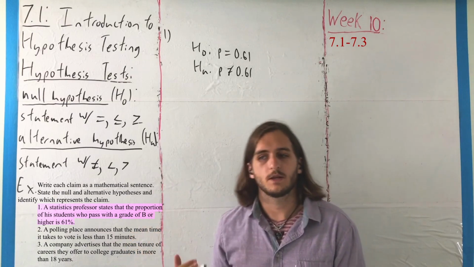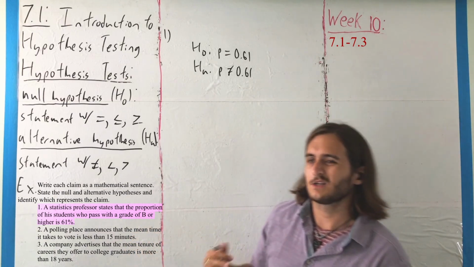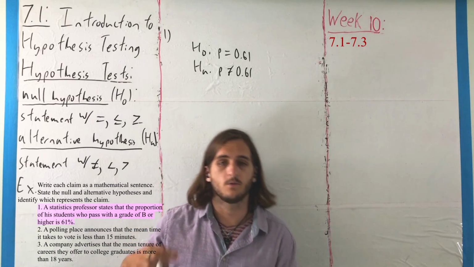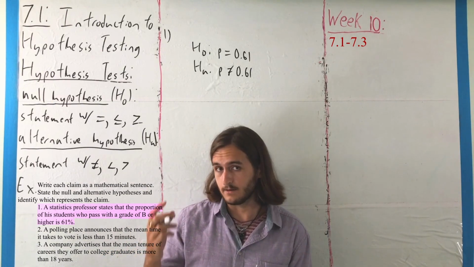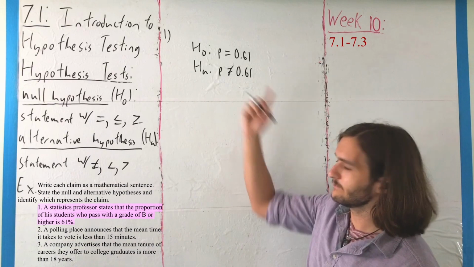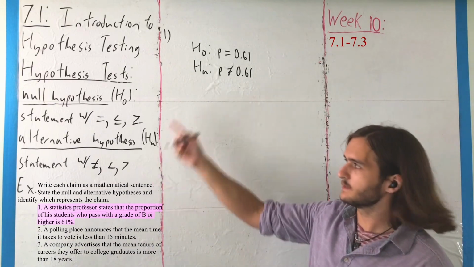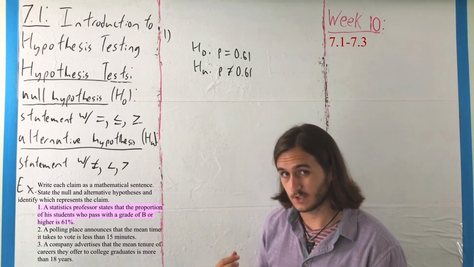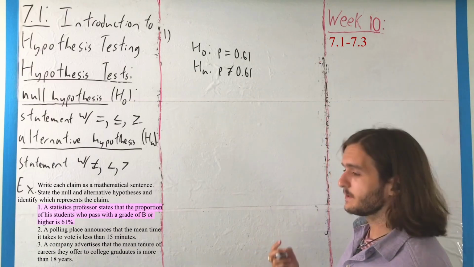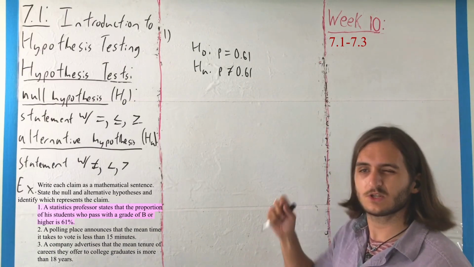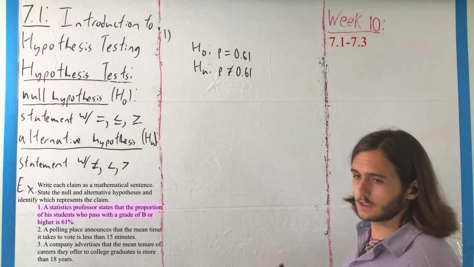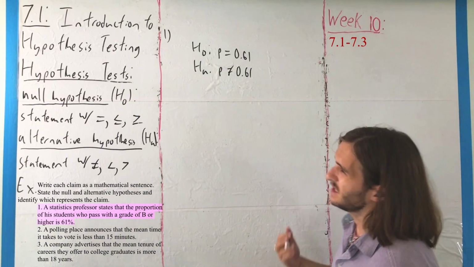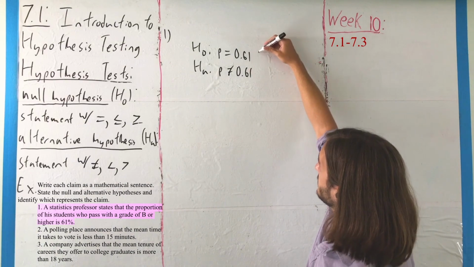We'll see that as we're getting more comfortable with this, and I'll show you a slightly different way you can think about it, where you sort of fill in the blanks in a different order to get to the same kind of idea. But for now, I went through it this way just because I want you to see all of these pieces exactly as they're presented first. Then from here, if you want to figure out what the claim is, that's just a matter of paying careful attention to the verbiage, where it says that the statistics professor states it. They state their claim that the proportion